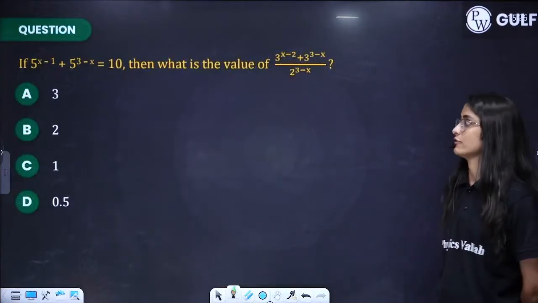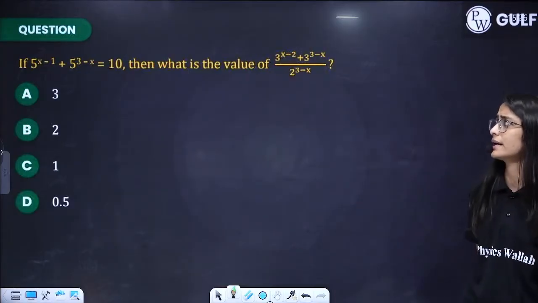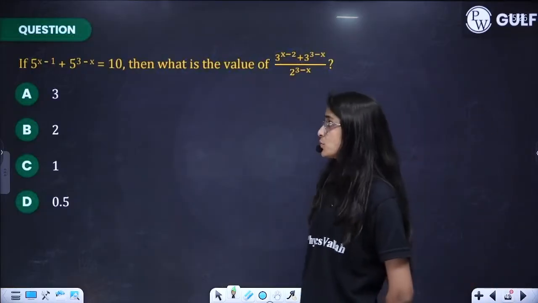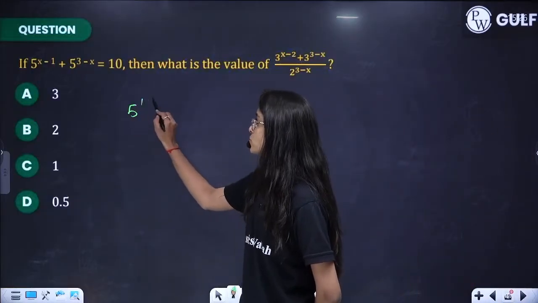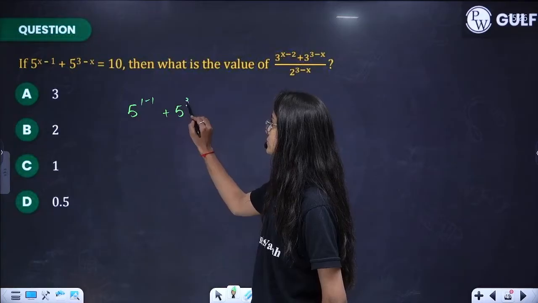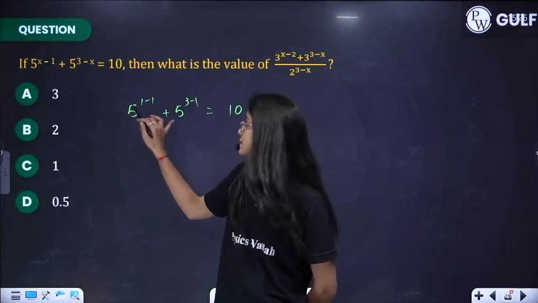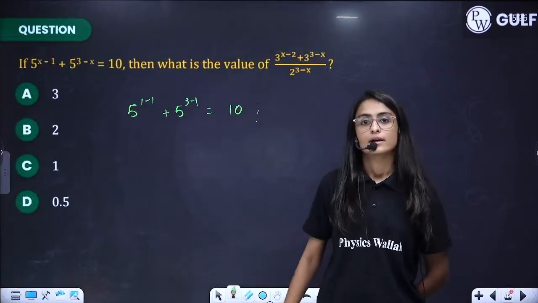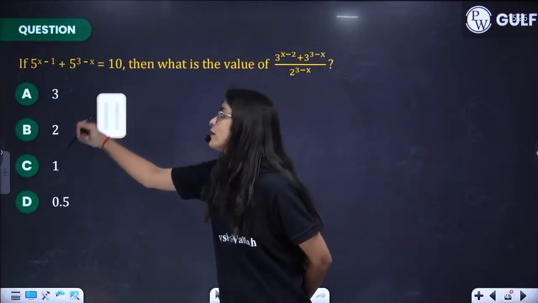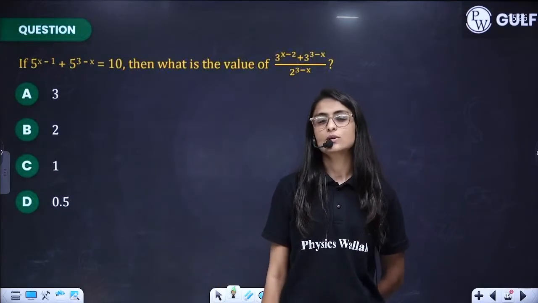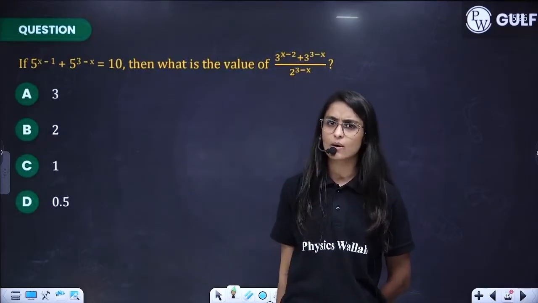Think about it. Let's substitute 1. See what you are getting. If you substitute 1 over here, 5 raised to 1 minus 1 plus 5 raised to 3 minus 1, will you obtain 10? No, right? It's 5 raised to 0 and 5 square. That's not equal. So if 1 is not satisfying our equation, let us